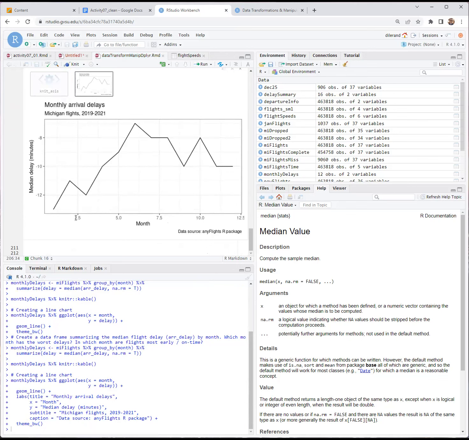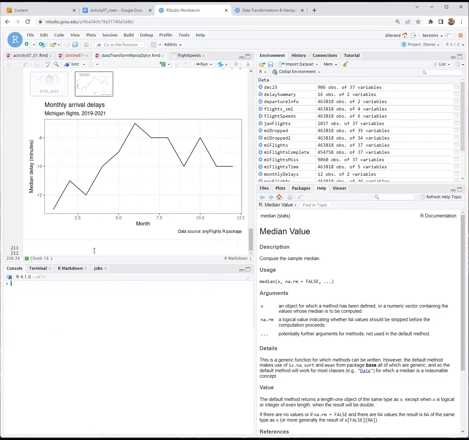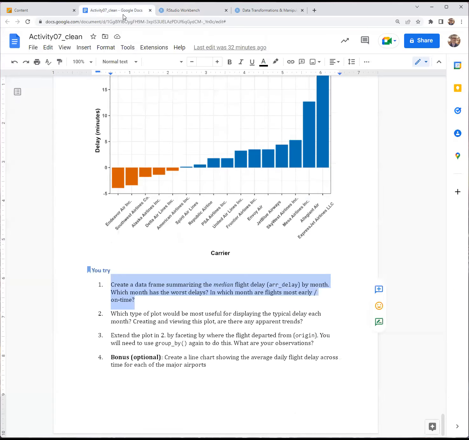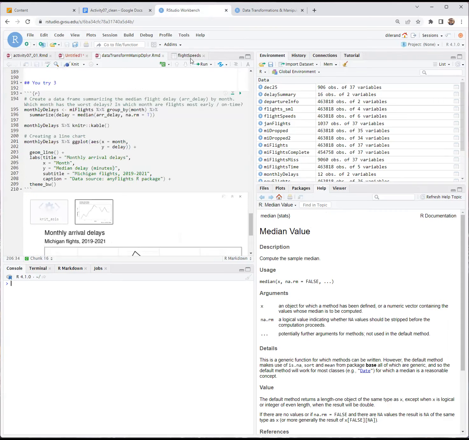And then, so the months, it's the numbers 1 through 12. So R is like, oh yeah, it makes sense to put half on here. But really months is discrete. These intervals are all at the whole month value. So there's a few ways you could fix this up. Let's see. I think if you do this,